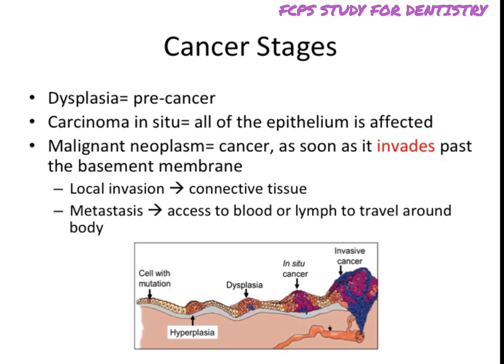Thrones, and the basement membrane is the wall, and the cancer cells are the evil White Walkers trying to break past. And as soon as they get past the wall, it's all over. So that's kind of how I help to remember that the point of invasion is when we have cancer in